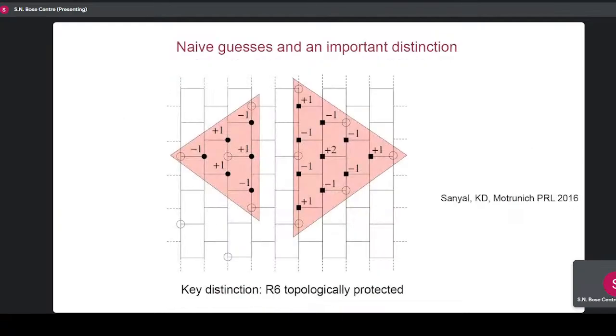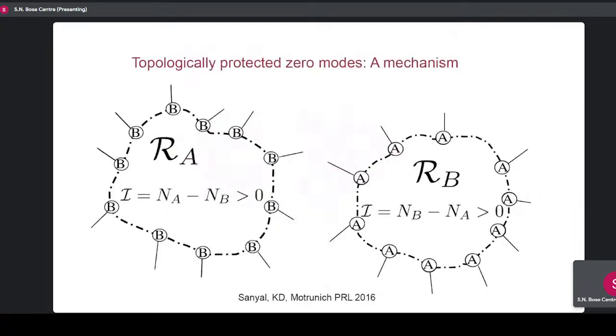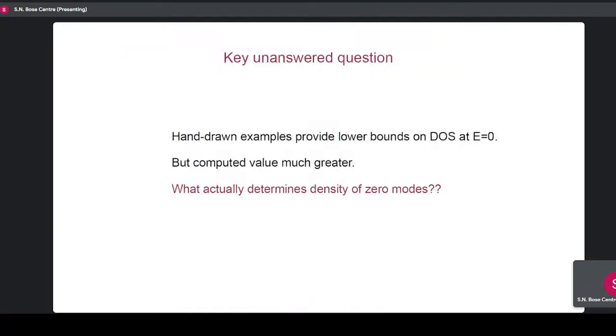And this is an example of some extra zero mode coming about because you have kept all the T_ij equal. Right? It gets wiped out the minute you put some disorder. This one is an example of a region of this type. Okay? So that's as far as we could go in this old work, but it left a very key question unanswered.